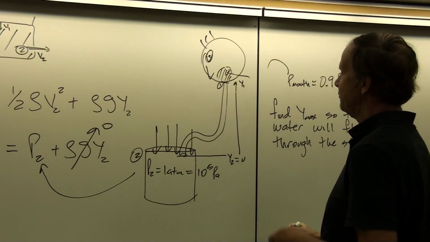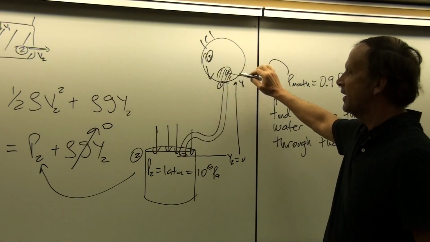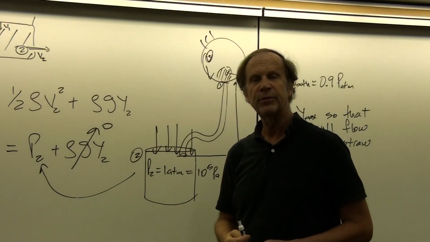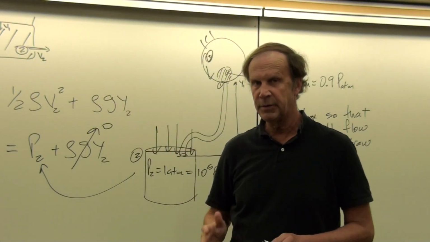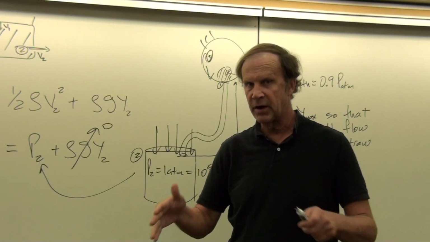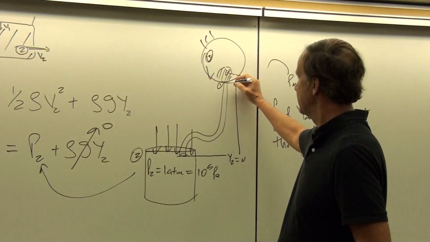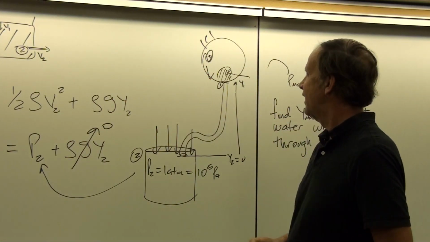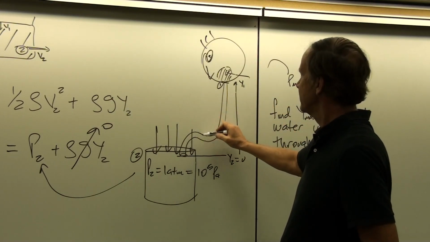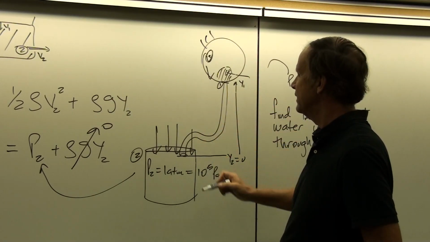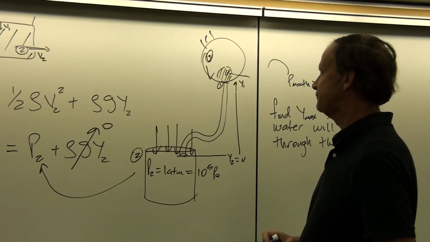You might wonder then, does it matter what the shape of the straw is? No. Remember before we saw that pressure at depth was just pressure at the surface plus rho gy. It didn't depend on the shape of the fluid column. And so here it doesn't depend on that either. It just depends on the height of, in this case, your mouth and the height of the straw vertically above the glass of water that you're trying to drink out of.